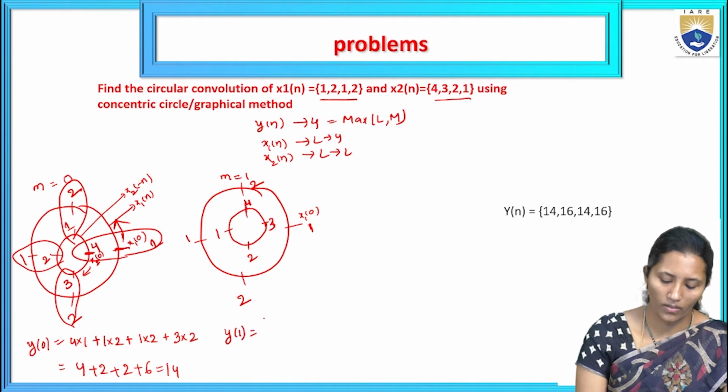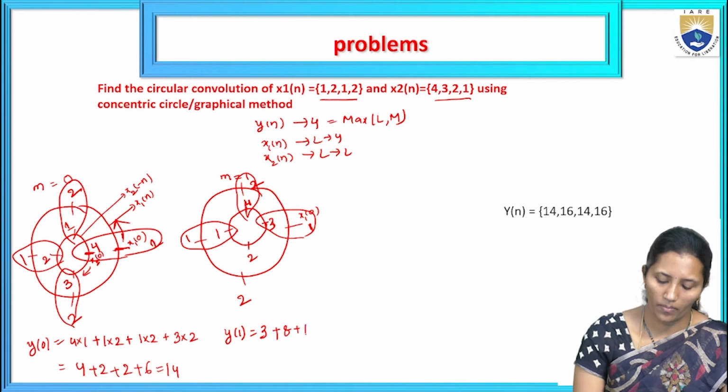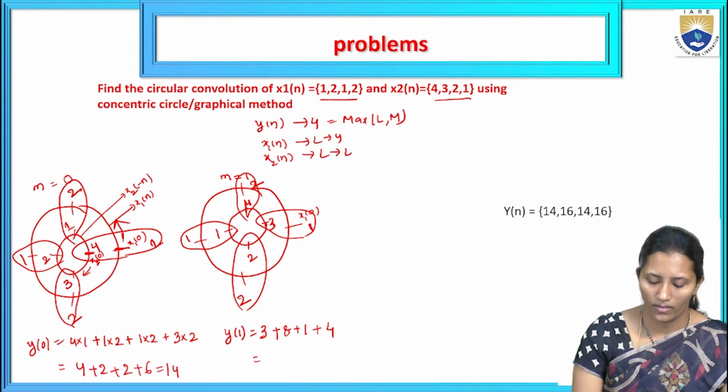y of 1 is equal to 3 into 1, 3, plus 4 into 2, 8, plus 1 into 1, 1, plus 2 into 2, 4. So we are going to get 16. Okay. And for m equal to 2,